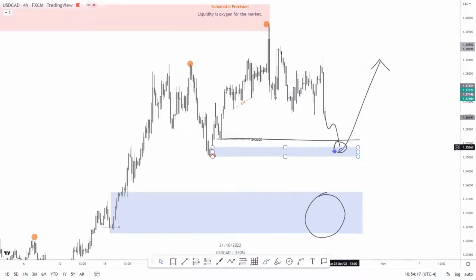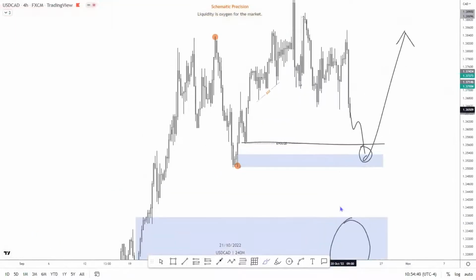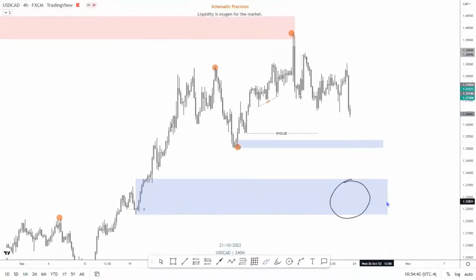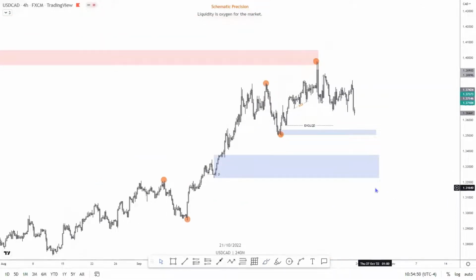If price reacts and gives us some reaction on lower time frame for bullishness, we can buy from this. Or if price breaks below this, then we can look for sell initially, then we can look for buys from in this demand. But all this can take time, so stay with the market with patience. Don't get greedy, don't get FOMOs. So that will be the